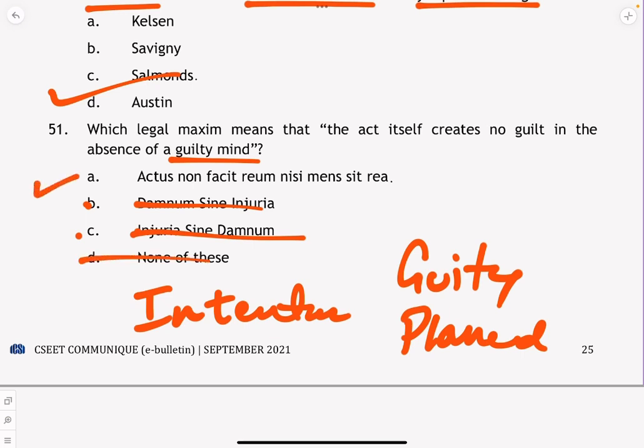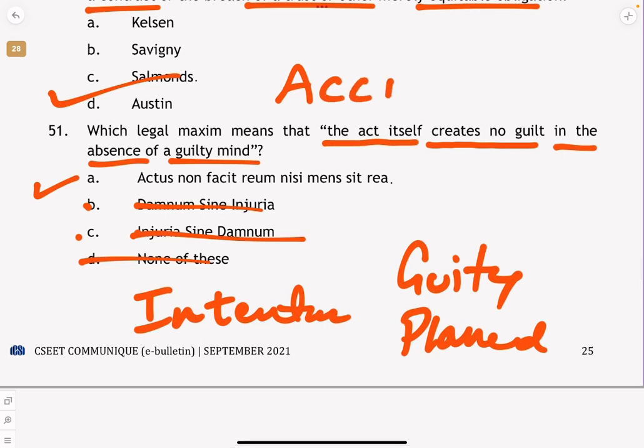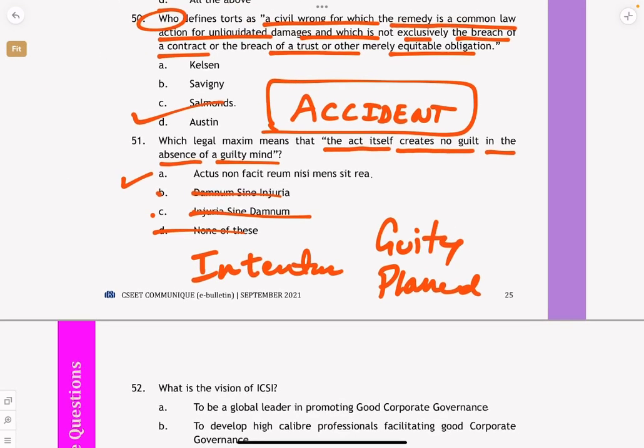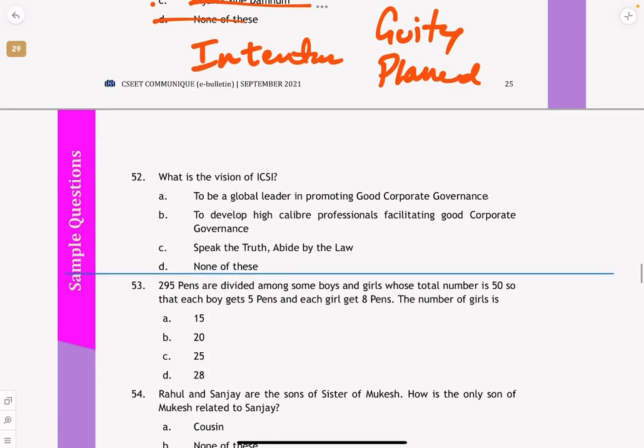So the correct answer is actus non facit reum nisi mens sit rea. That means in English, the act itself, or any action itself, creates no guilt in the absence of a guilty mind. So the guilty mind is more important than the actual action, because the actual act can also be an accident. Did you plan for it? No. It was an accident. So in such cases the act is not important. The guilty mind, why you did that, is what we call as a